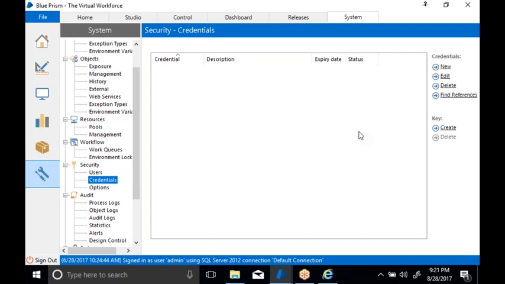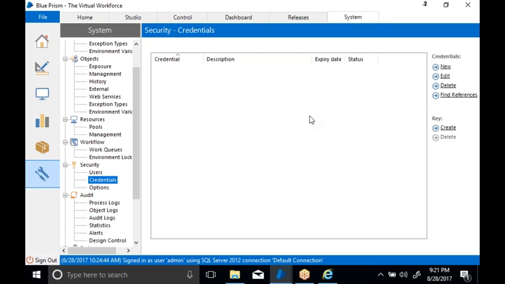To avoid that, Blue Prism gives a feature called encryption. While we are inserting the data into the database, whatever username and password you insert will be encrypted and then stored in the database. If somebody accesses it, the data will not be the same as what we inserted. It will be encrypted, and only Blue Prism can understand that username and password. If somebody goes to the database and tries to access it, they won't get the exact username and password.